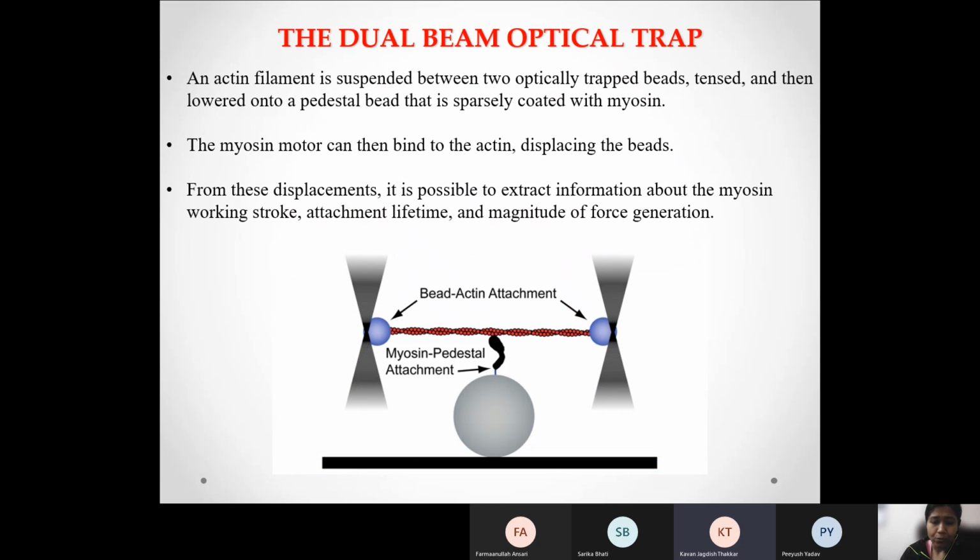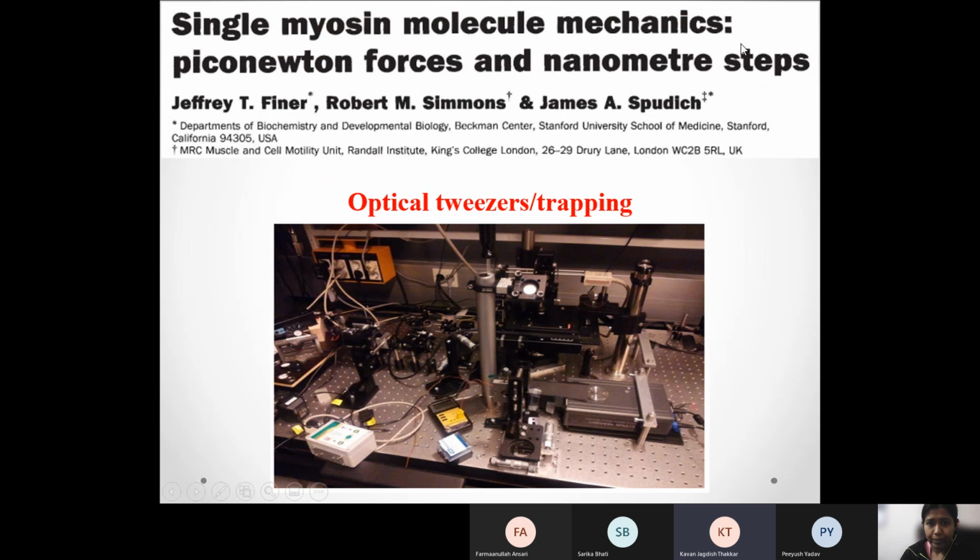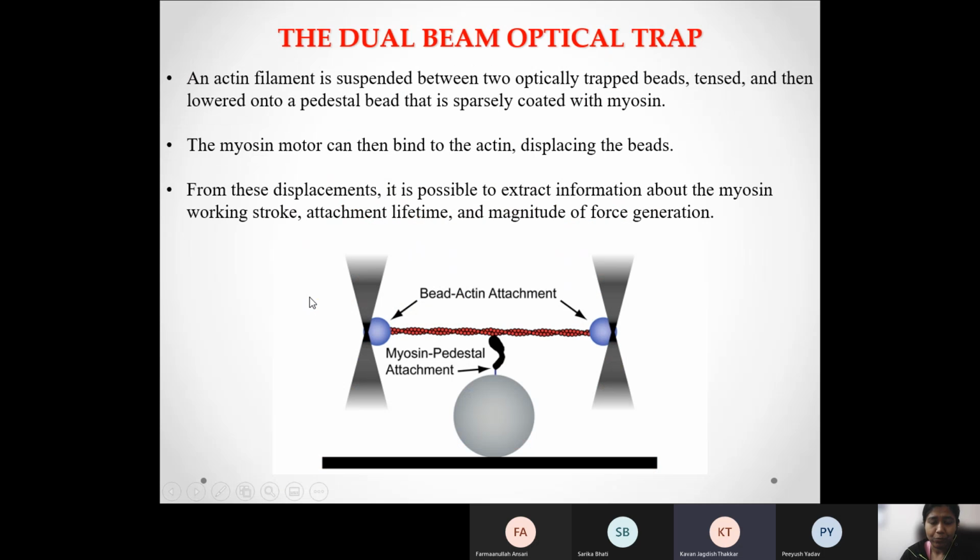Okay. So what did James Spudich do exactly? What he did was not use one laser beam, but a dual beam. He called it the dual beam optical trap. As the name suggests, you do not have one single laser line holding one bead, but instead you will have two laser lines which would be holding two beads,